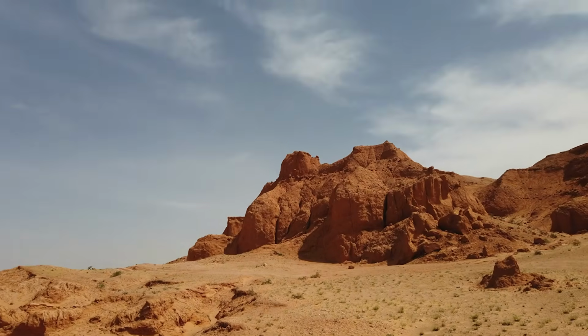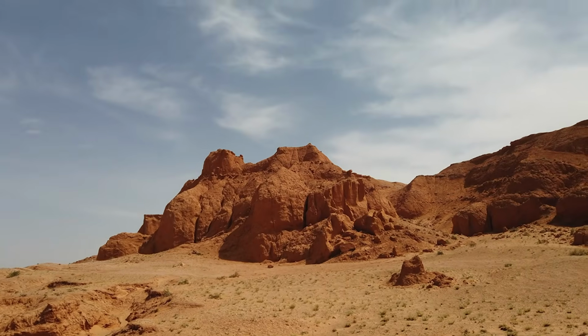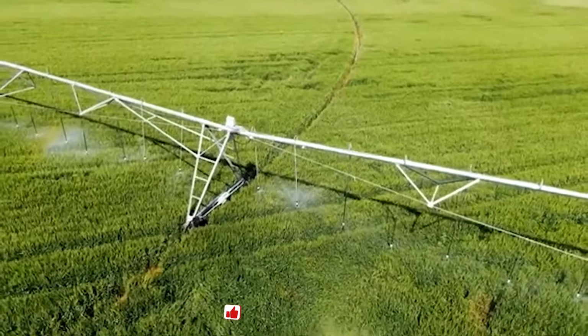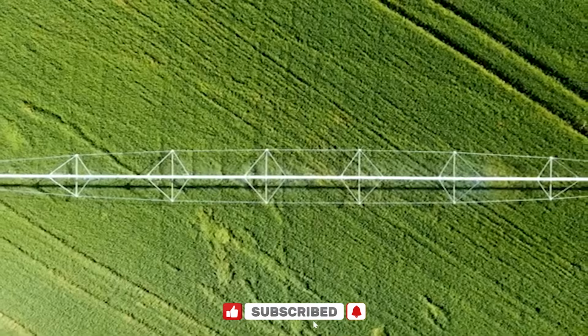Have you ever wondered what would happen if you pumped millions of tons of water into one of the driest deserts on Earth? Would it vanish into the sand, wasted? Or could something remarkable happen? Well, look at this. What you're seeing isn't an illusion, a CGI effect, or a mirage shimmering in the desert